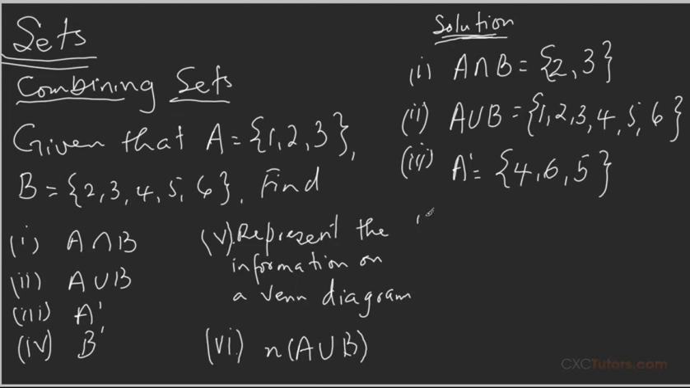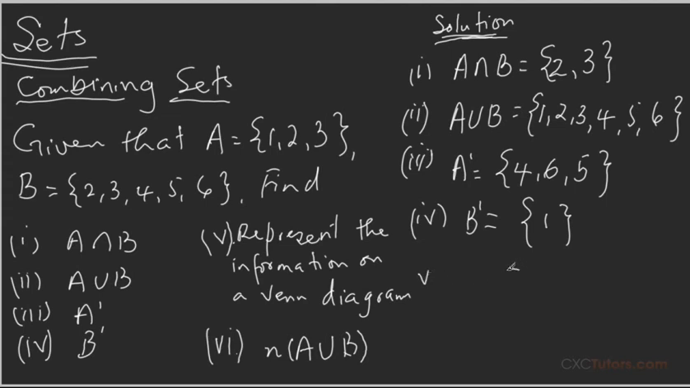Part 4 is asking you to find B complement. Now for B complement, remember these are all the elements that are outside of set B but are in the universal set. And we realize that only the number 1 is not in set B but in the universal set. So if we were to represent this on a Venn diagram, which is part 5,